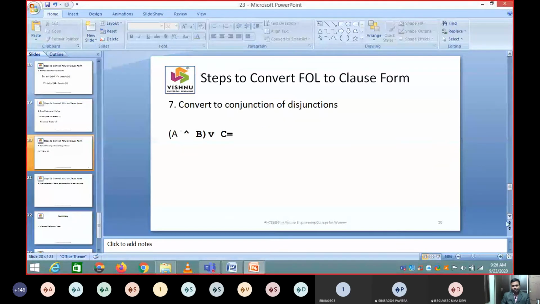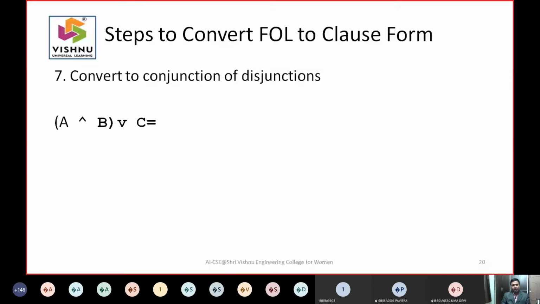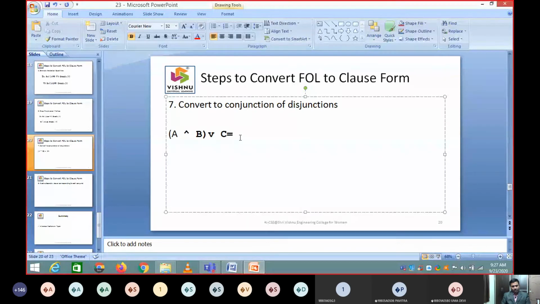We will go to the 7th part. It is better to try in terms of how you convert to a conjunction of disjuncts. This is what we have seen. So whenever this type of thing was there, it is better to go like this. The reason is this, both of them can be taken as, I forgot that one, so I will write B here, as separate clauses. It is better if there is a chance you convert this in terms of a conjunction of disjuncts.